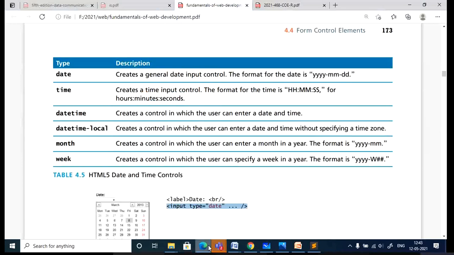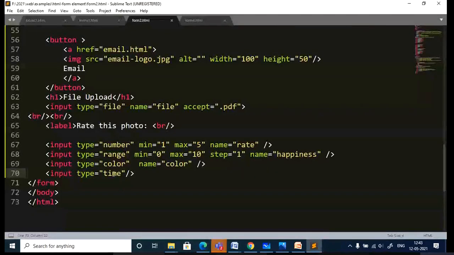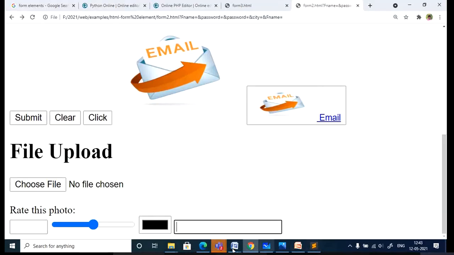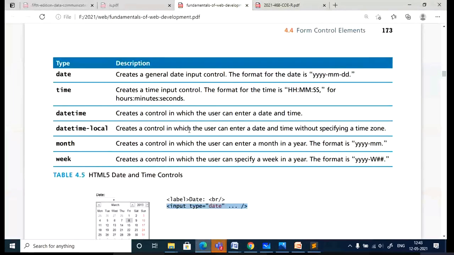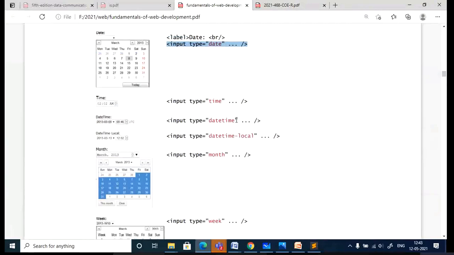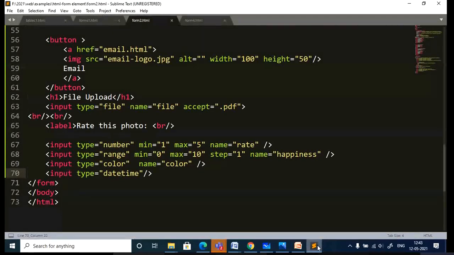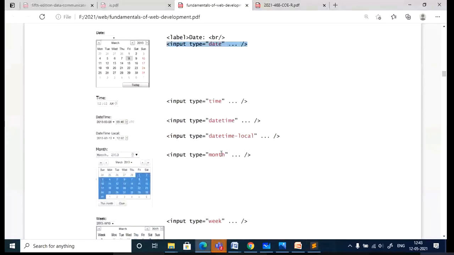Next you can specify both date and time. Why is it coming as a box?